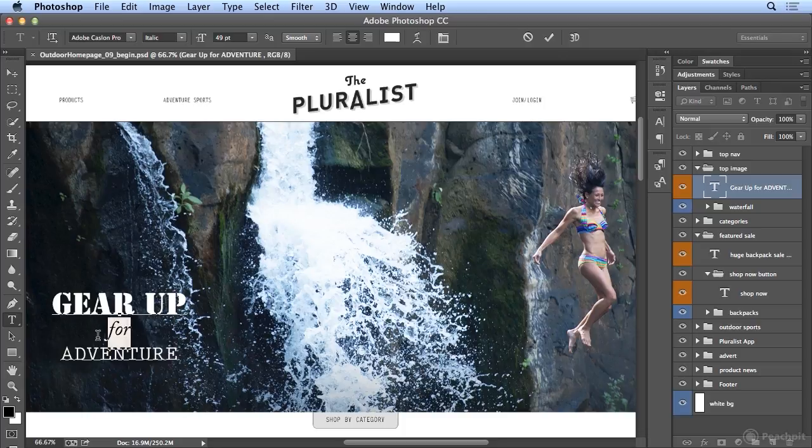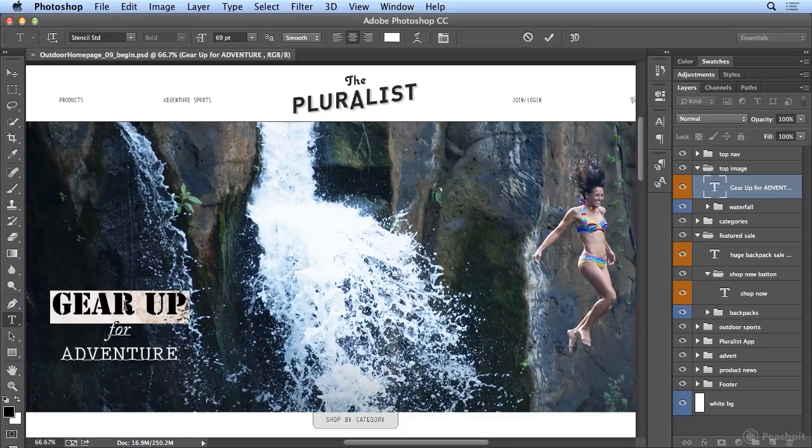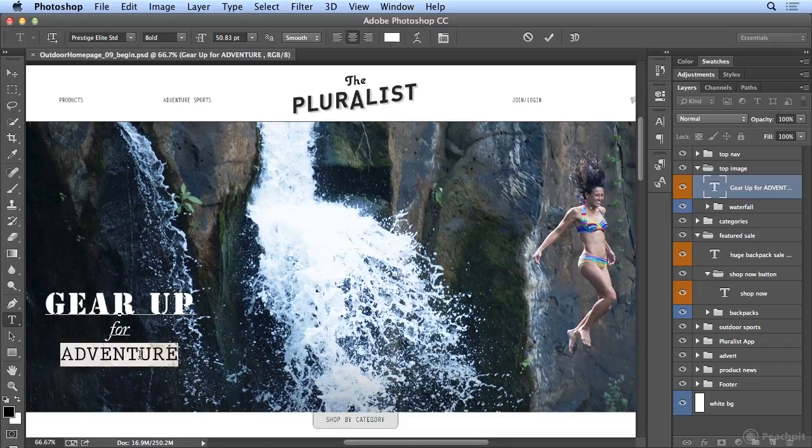on the Mac. If I wanted to space out this gear up text, Alt right arrow is tracking, or on the Mac, Option right arrow is tracking. And if you wanted to adjust the space between 2 characters, for example, in between the F and O in 4, this is known as kerning, Alt left arrow or Option left arrow to tighten. And I'll finish this off by double-clicking on Adventure and hitting Command-Shift-Period or Control-Shift-Period to make it as